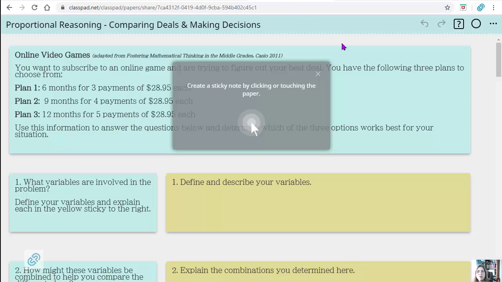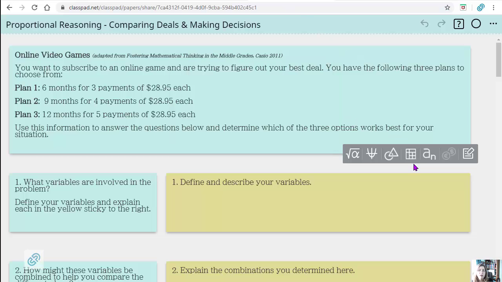Let's go into the activity. So this is an activity that I think is very realistic. Students are going to be able to relate to it, and it's something they're going to need to use over and over again in their lives. It's basically you're trying to decide between different options for something you want to buy, and you're trying to find the best deal. And what does that mean, best deal? That's sort of what this is all about.